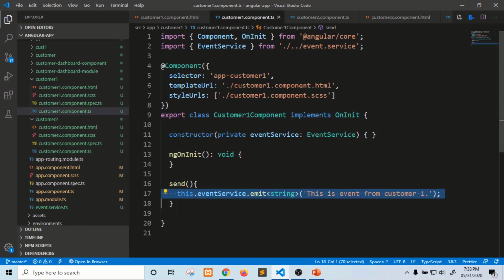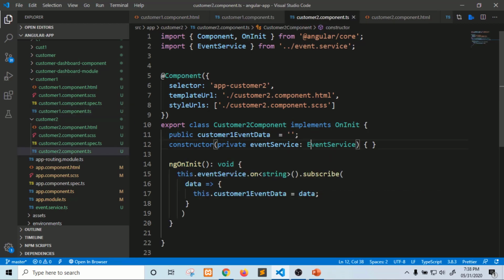So there will be two methods, the emit or notify method, and the on method. We can use the emit method for passing data from one component, and the on method for reading or subscribing to that data. This is the way we communicate across sibling components in Angular. Thank you guys, thanks for watching.